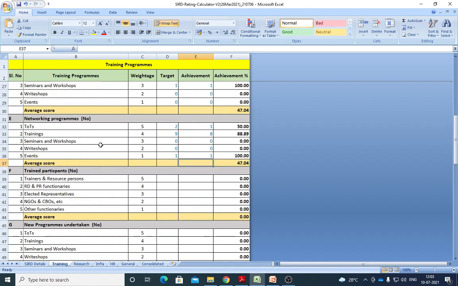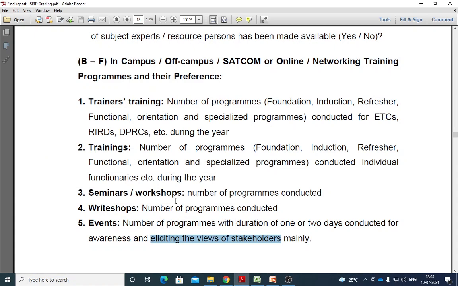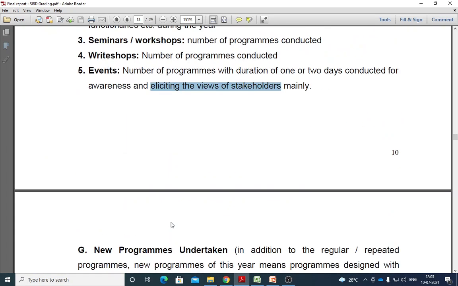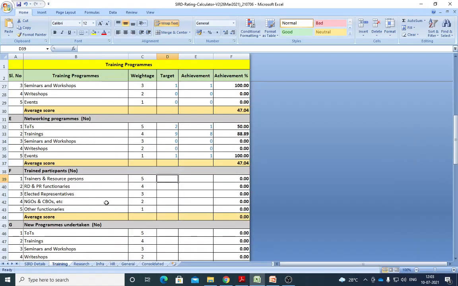Training participants. So this is the trained participants. You can see the trained participants, where you can also explain trained resource persons and how many training resource persons you have done. You can see the document also, it is A to F on how it is taking place, and you can see the trained and resource persons, how many numbers you have to put in.